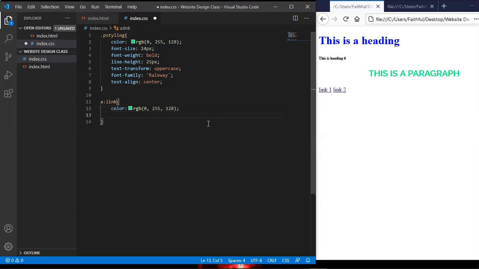Another important CSS font property I forgot to mention is the text decoration. So text decoration, in this case you can say underline, but our default link is already underlined, so I'm going to say none. That is to say, remove the line from the link. So once I save this and refresh on the web browser, you see our link has changed a little, but you can see it's still purple